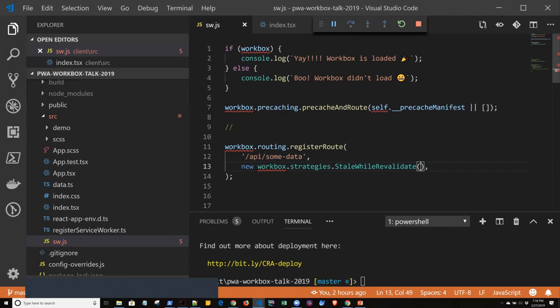but this is a constructor. You can pass in options and you can tune this. You can set a custom expiration time if you want it to last for 30 seconds, 20 seconds, whatever. You can do that. In fact, actually,